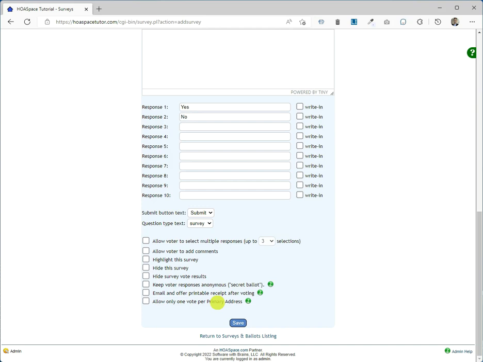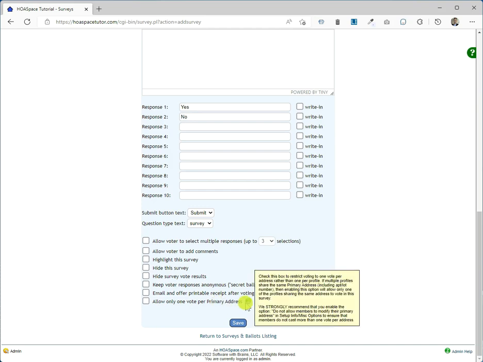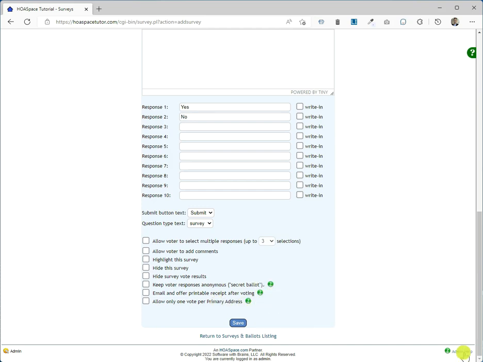But in general, what we recommend strongly, and it's listed in the little help pop-up here and also in the admin help, is there's an option in the Setup Info app where you can restrict members from editing their primary address. Now that means that the administrator actually has to go in and set up the primary address for each member. Oftentimes you'll import your member listing, and if you set that option in Setup Info and you've restricted the members from editing their primary address,